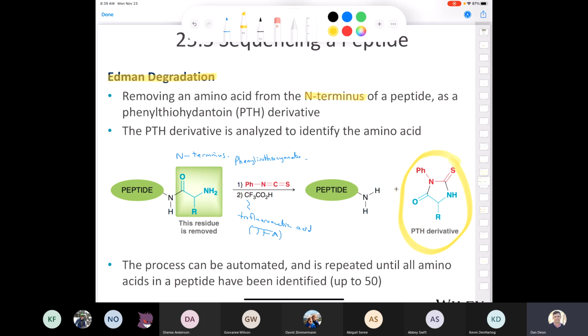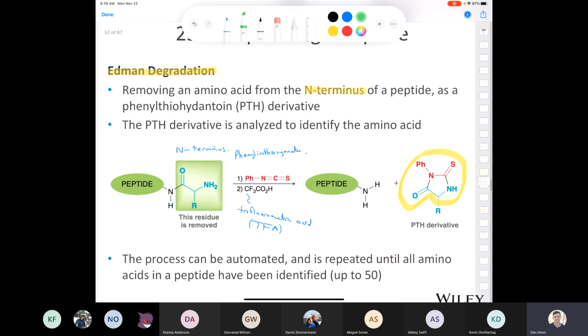But the idea is that you form this intermediate, and whenever you form the PTH derivative, it's always going to have this part in common. But what part's going to differentiate them is going to be the R group. I'm not an expert in peptide sequencing, but I assume that this gets analyzed by mass spec, and then they would just look at the mass and say, okay, well, that's this amino acid. What's interesting is that you can automate this process, and it can just keep being repeated and repeated by some kind of instrument,